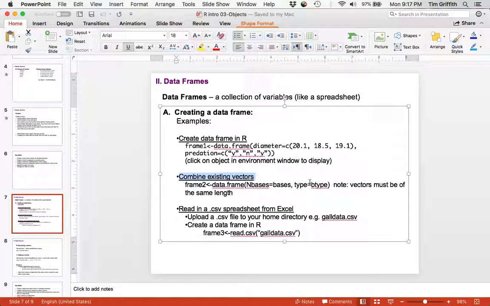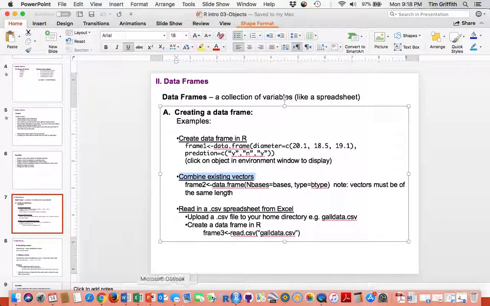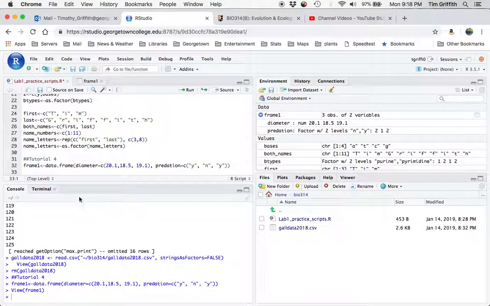The key, though, is that you can't just combine these two vectors randomly. The vectors have to be the same length. All right? And in each case, bases and B types have 4 elements in them. So let's create this data frame. Frame 2 is